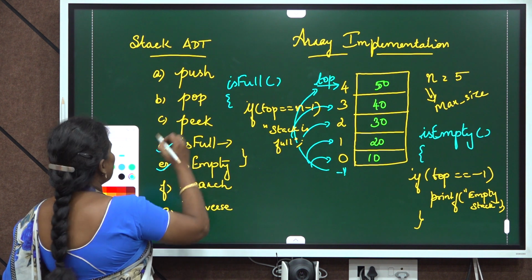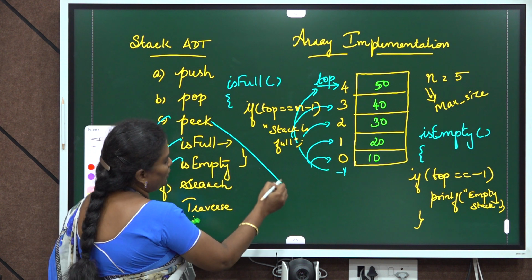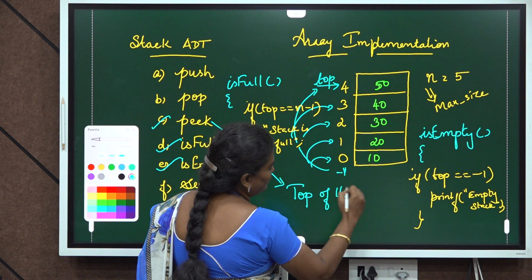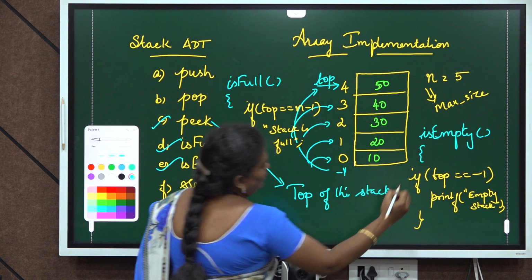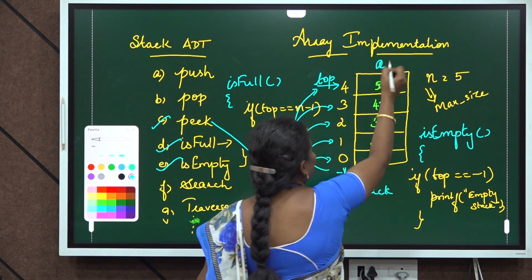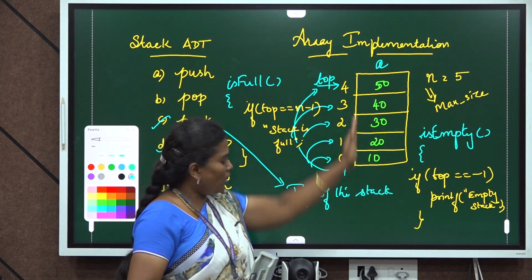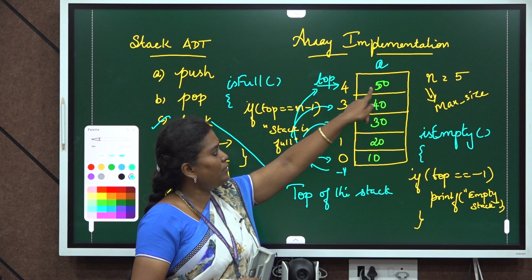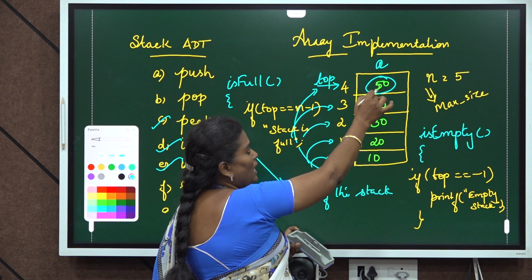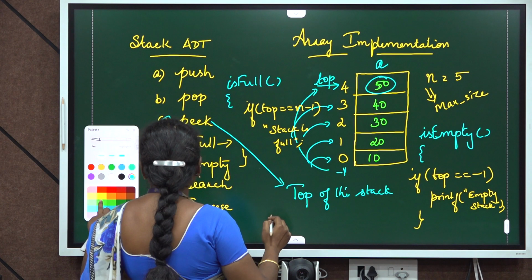The third one is peek. Peek is going to tell about the element which is present at the top of the stack. Whenever you have a stack, let us imagine the name of the stack is A. In order to take the topmost element, according to this specific example, 50 is the topmost element. Why are we calling this the topmost element? Because this is the element which is currently pointed to by top. The top of the stack is going to be the